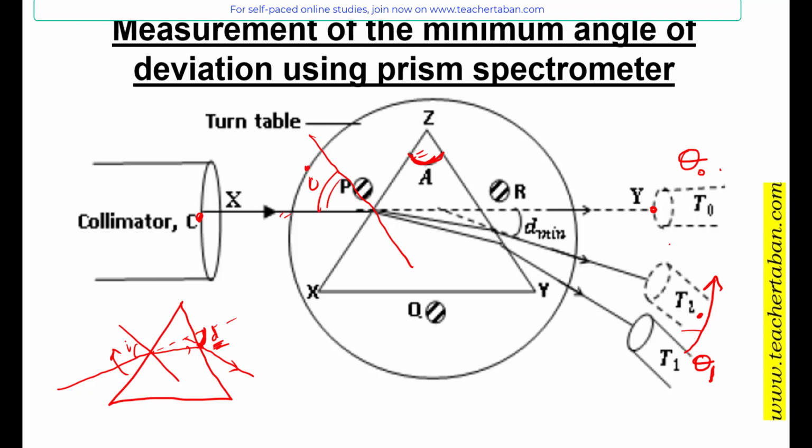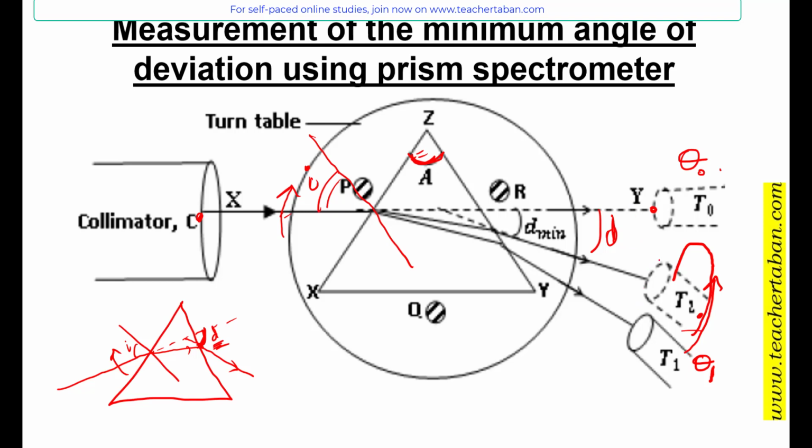But a time is going to come when the angle cannot reduce anymore. As you are reducing the angle of incidence, the telescope goes up and then somewhere it turns. In other words, both of them are supposed to be reducing. The angle theta between the two, the angle D, is reducing as well. As the angle I reduces, the angle D also reduces. But a time reaches when you decrease the angle I further, and the angle of deviation D instead